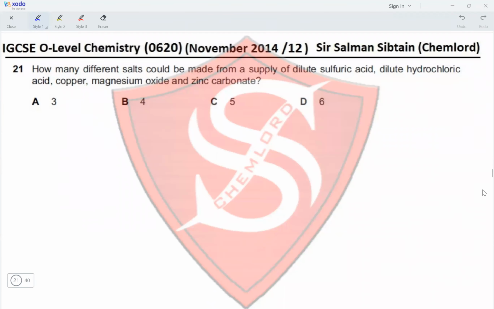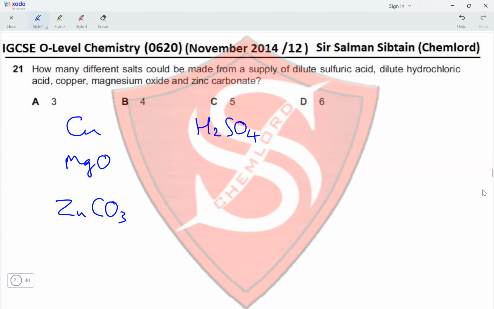Hi guys, this is IGCSE O-Level Chemistry, paper 12, November 2014, question 21. How many different salts could be made from a supply of dilute sulfuric acid, dilute hydrochloric acid, copper, magnesium oxide, and zinc carbonate? So, copper, magnesium oxide, and zinc carbonate, and we have sulfuric acid, and we have